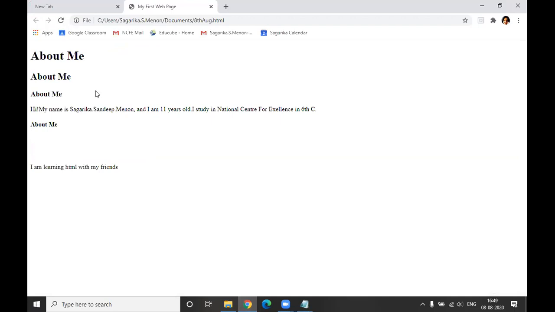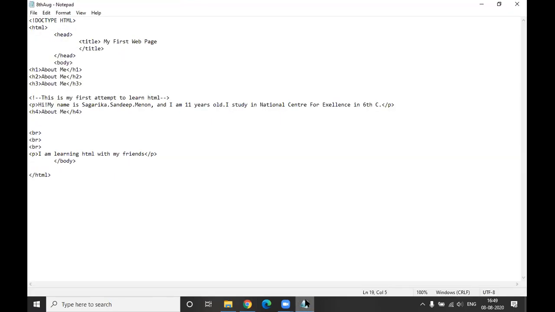If you go back to your code, this one does not have a closing tag, right? BR did not have it. Why did it not have it? Because we don't have any text in between to be displayed. All of these have closing tags because we are displaying something on the web browser. That's why they have a closing tag. So in HTML, there are certain tags which need not have a closing one. With me? Yes, sir.